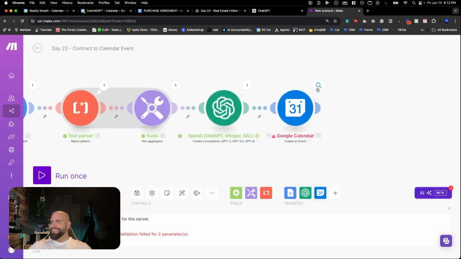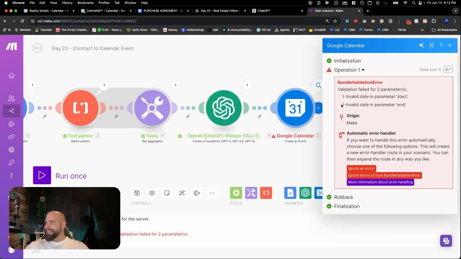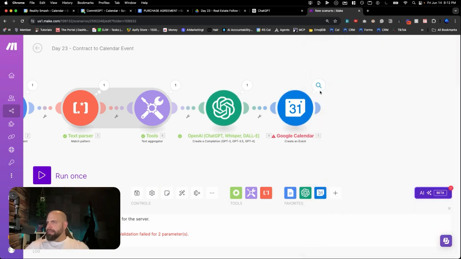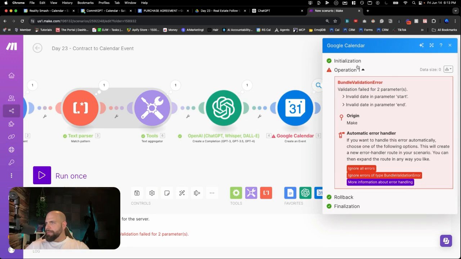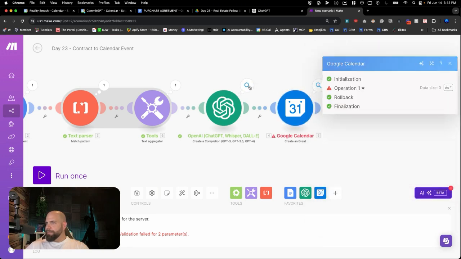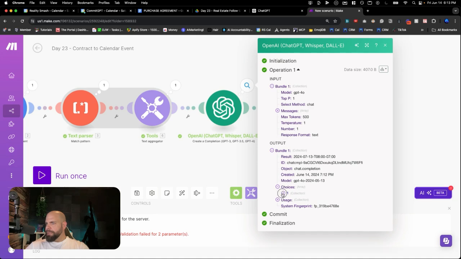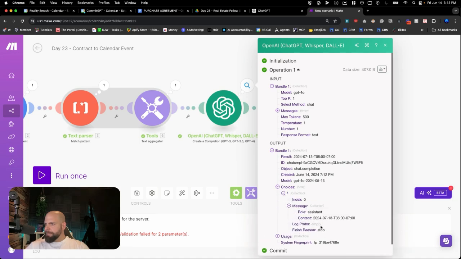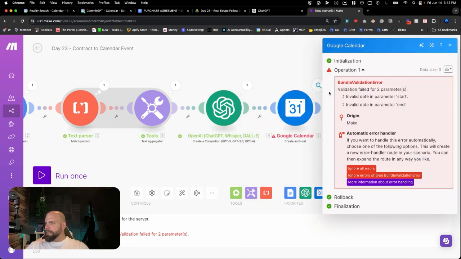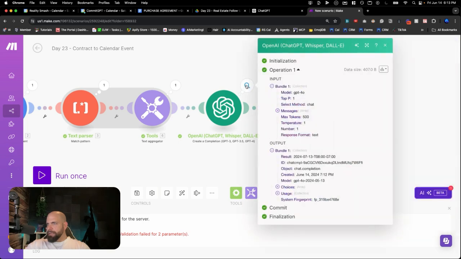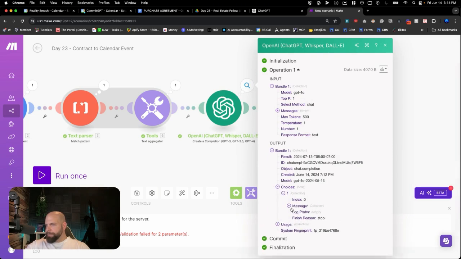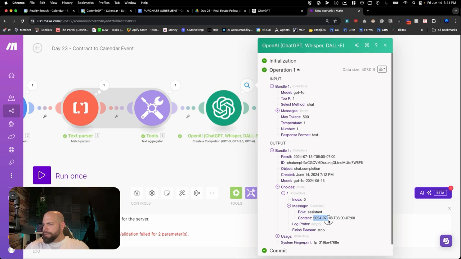All right. What's the next error we got? Invalid parameter start and end time. It's saying that this is invalid. Let's take a look at the format. What are we getting here? Choices, bundles, messages. That format looks like it's correct. Invalid date parameter, invalid end time parameter. Let's take a closer look at this. Choices, 1. Messages, 2024, July 13th, at